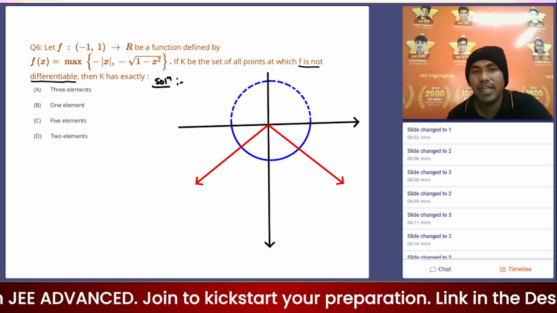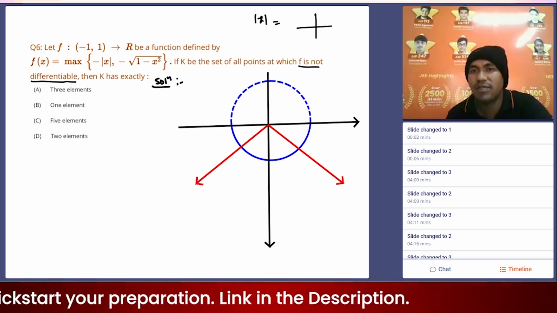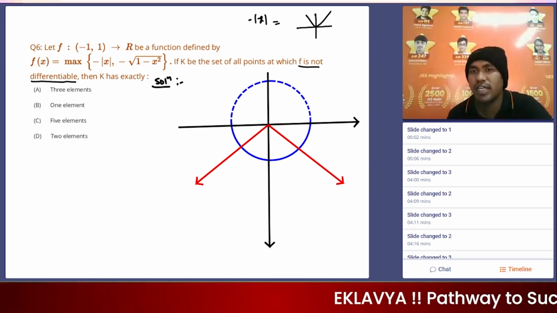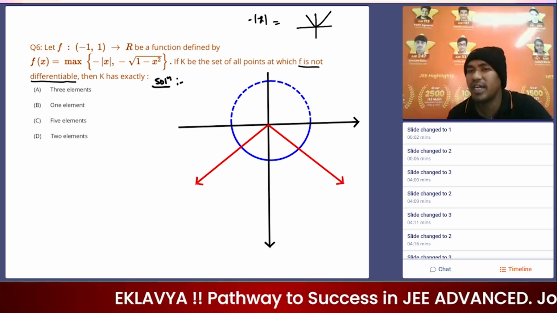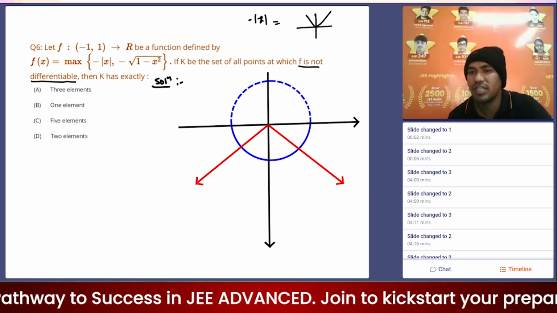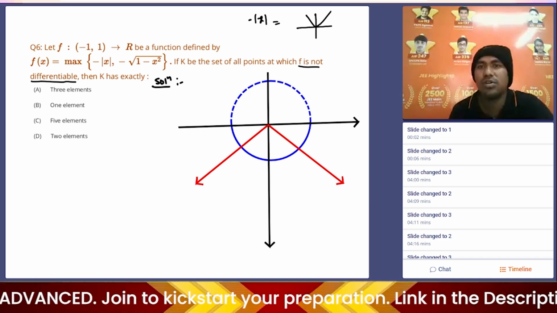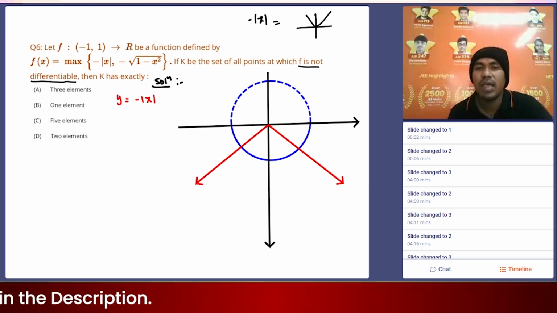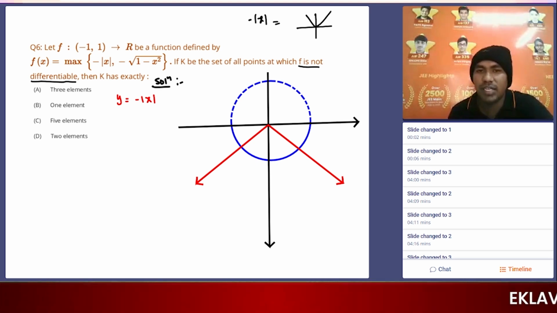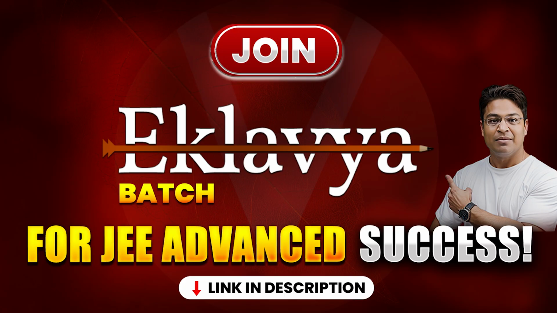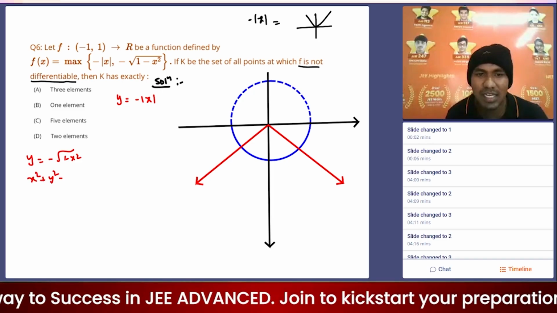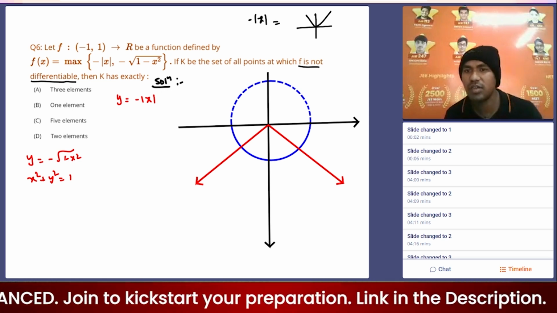So now minus of mod x. If you remember the mod x graph, it will open upwards and have a V shape at the origin. So minus of mod x means the y value should be negative only, that means downwards. This red one is our y equals to minus of mod x graph. And they mention minus of root over 1 minus x square. Suppose if I take y equals to minus root over 1 minus x square, by squaring on both sides, it represents a circle only: x square plus y square is equal to 1. So circle